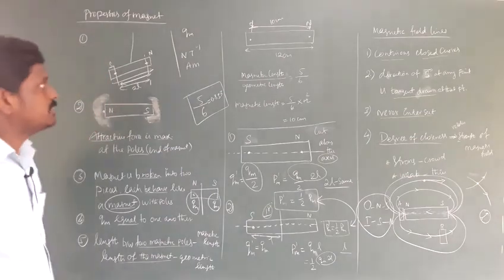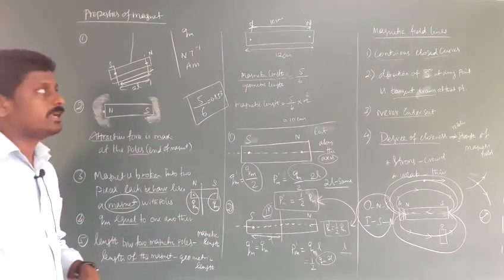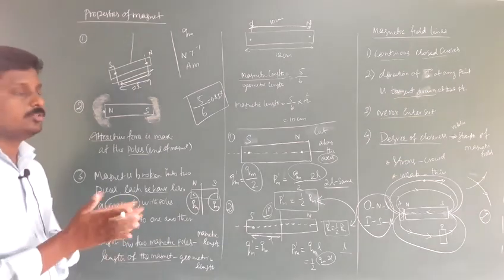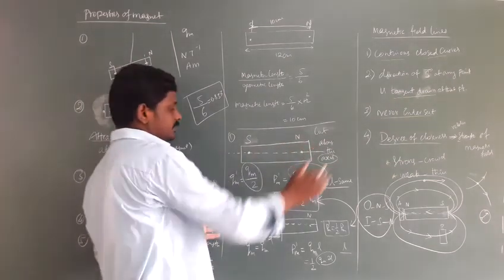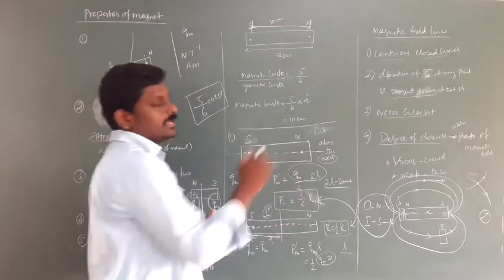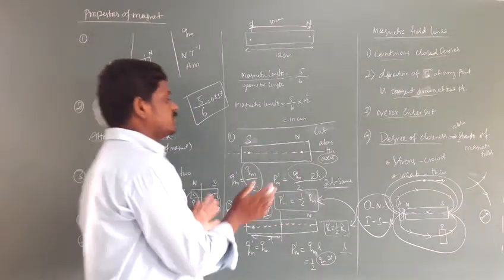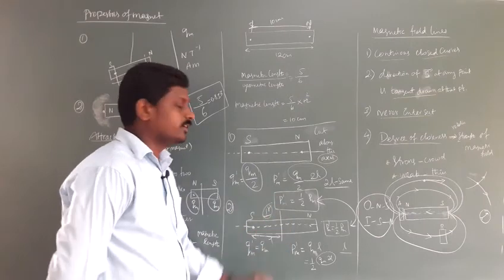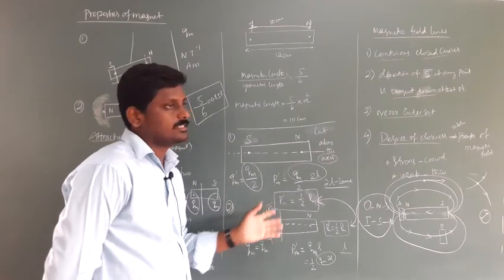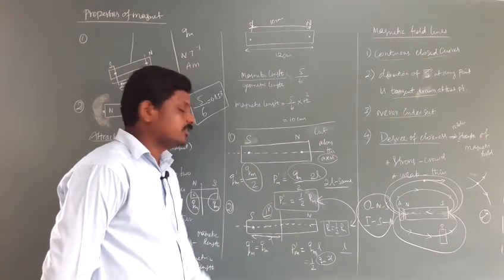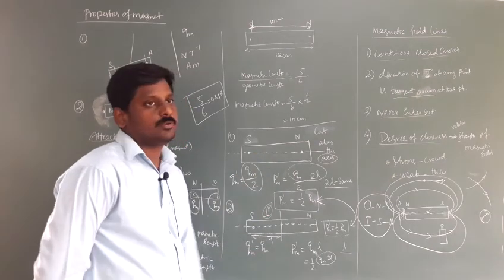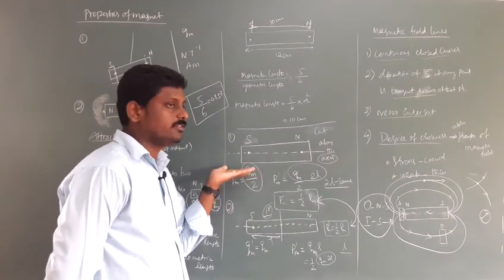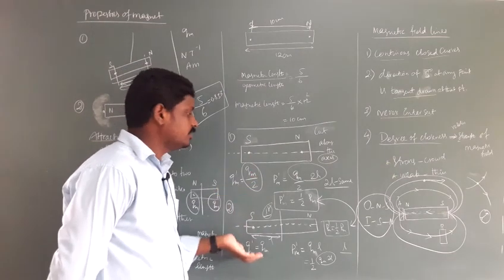So in this class we have discussed the properties of a magnet and magnetic field lines. Then if you break a magnet into two halves along the axis and perpendicular to the axis, we will get two different results, but you have the same magnetic moment. If you cut the magnet into two along the axis as well as perpendicular to the axis, you will get the same magnetic moment, but the pole strength changes. If it is along the axis, the pole strength is divided by 2; here the pole strength remains the same.